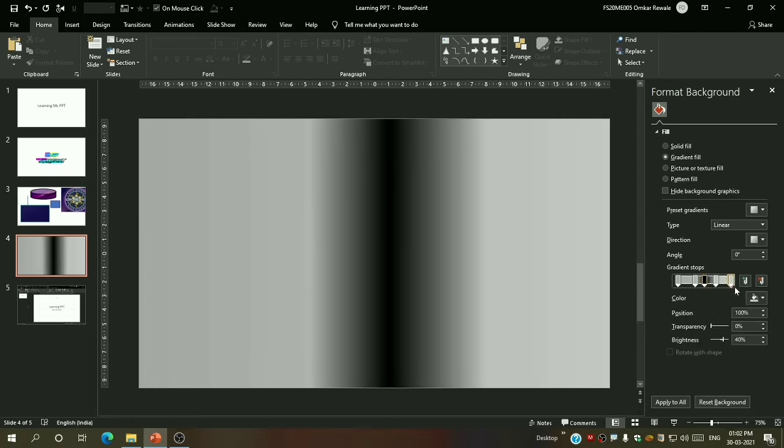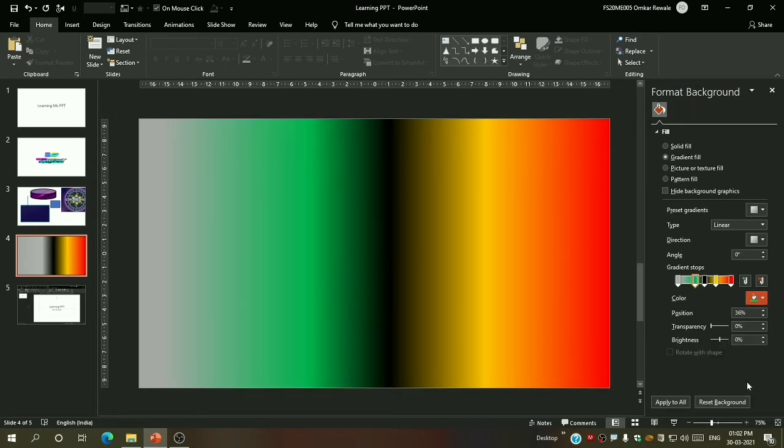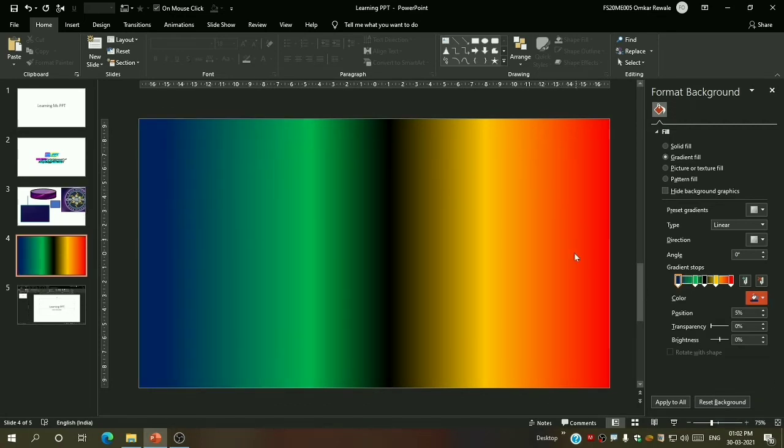Now I want to change this color, let me say red, see red. I want to change this to yellow, again this to something green, then again this one to blue. You can see how it works.